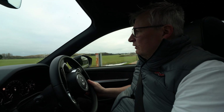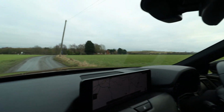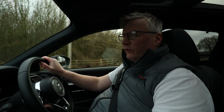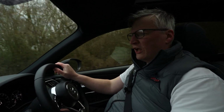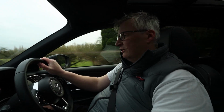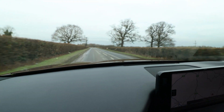Welcome behind the wheel of the new CX-80. Under the bonnet we've got a 2.5 litre PHEV powertrain. And yes, it is pretty quick, which you wouldn't really put hand in hand with a 7-seater SUV. They're more, well, practical rather than engaging, dynamic. But that's where this differs. I mean, it has decent acceleration, and I mean decent acceleration. I have to hold it down for the moment, but